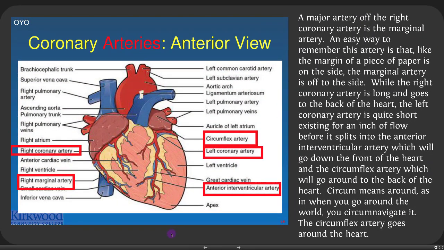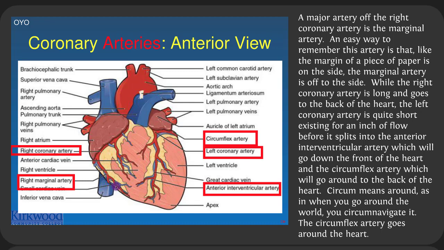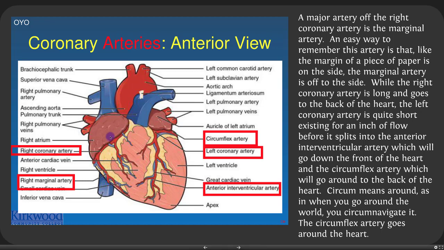A major artery off the right coronary artery. So first, I guess we should do the right coronary artery. It comes off the aorta, and that's right here. One of the first divisions is the right marginal artery. An easy way to remember this artery is that, like the margin of a piece of paper is on the side, the marginal artery is off to the side of the heart. While the right coronary artery is long and it's going to continue around to the back of the heart,